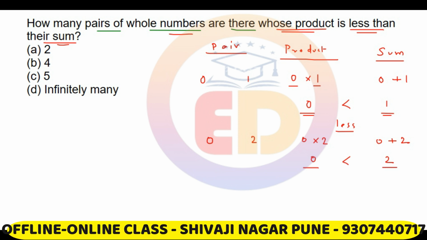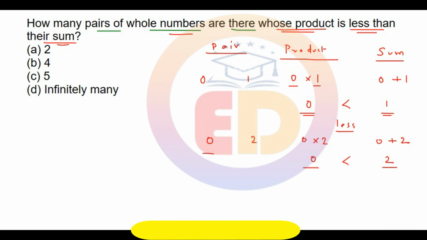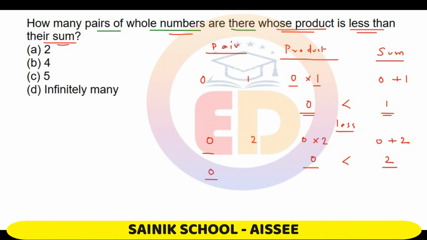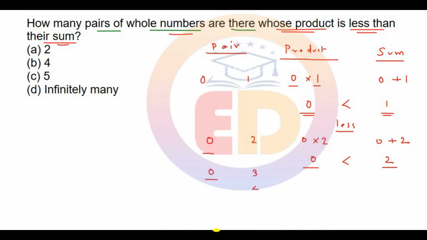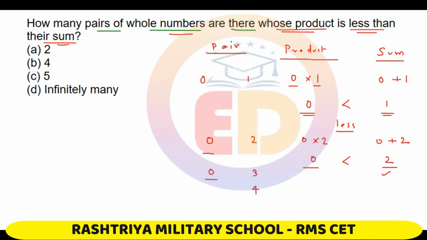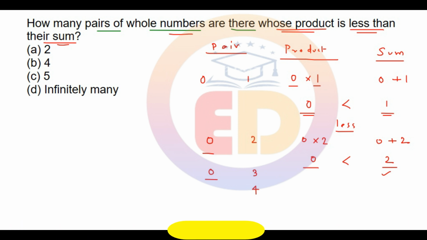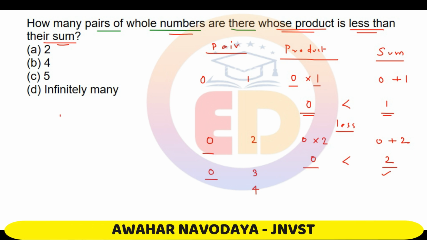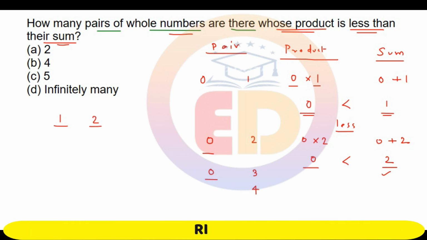और इसी के साथ अगर आप एक whole number 0 ले लेते हैं और दूसरा आप कोई भी दूसरा whole number ले लीजिए, for example आप 3 ले लीजिए, 4 ले लीजिए, this condition will always follow. Similarly, another pair will be, अगर एक whole number हम 1 ले लेते हैं और दूसरा whole number हम 2 ले लेते हैं, then the value of the product